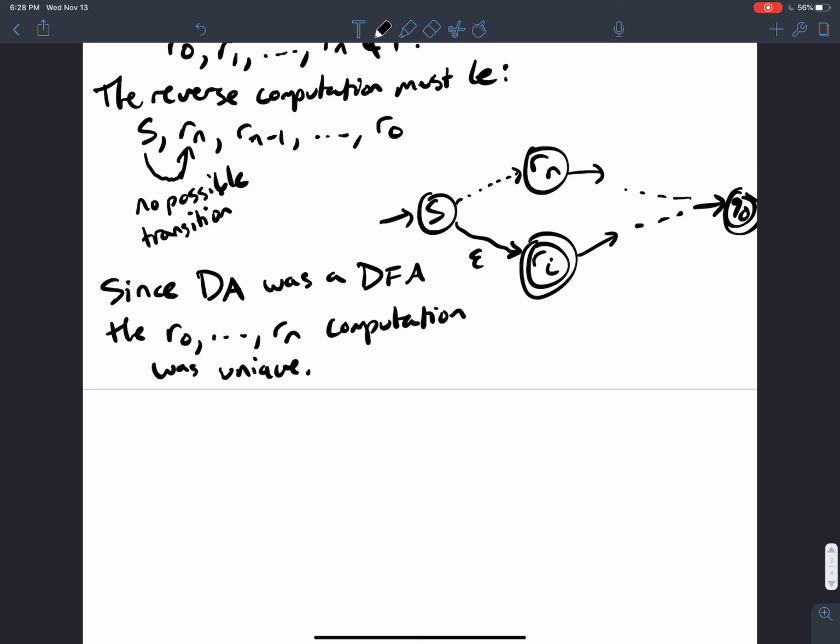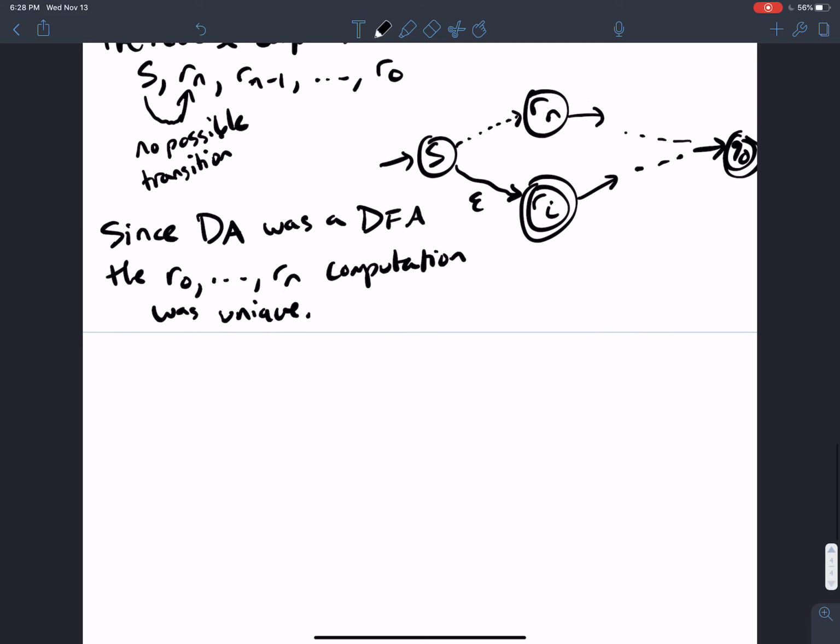Because a DFA is deterministic, there's only one path from Q0 to whatever state it ended up in, which is Rn in this case. So if we somehow wanted to take a path to Ri, or some other final state,